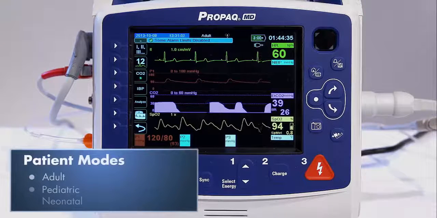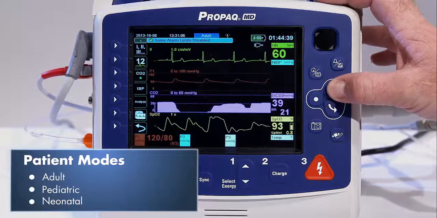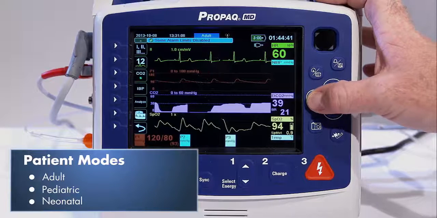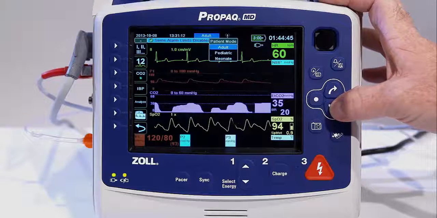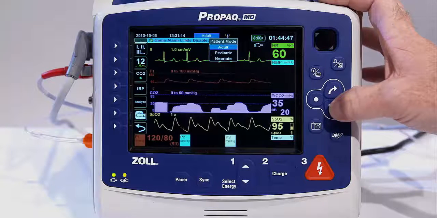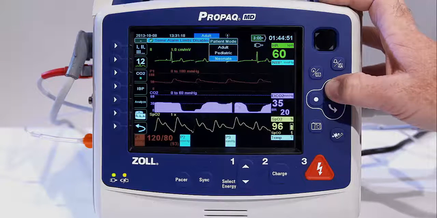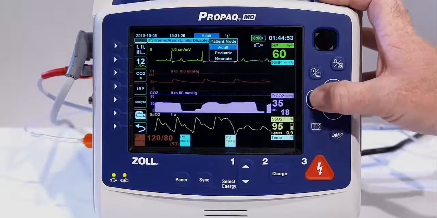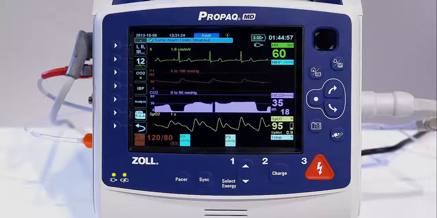The Propaq offers alarm settings for adult, pediatric, and neonatal modes. The latter is available only from Zoll. You can see the indicator at the top of the screen. Each mode will adjust to default alarm settings: NIBP inflation pressures, NIBP inflation volume, and initial energy settings, as well